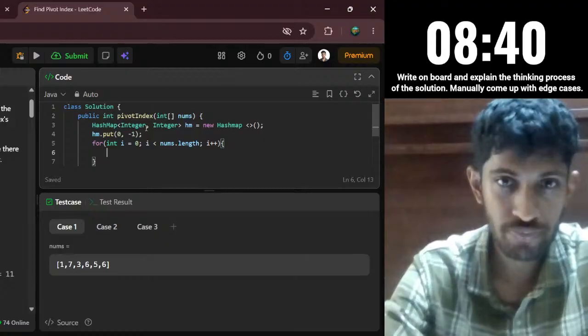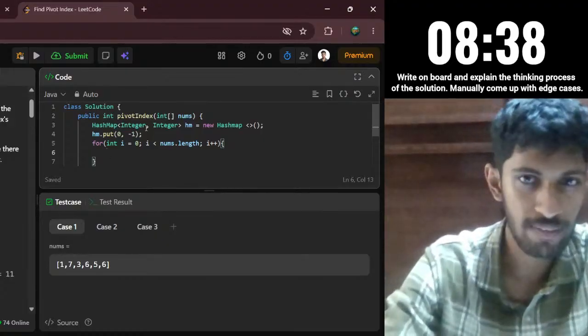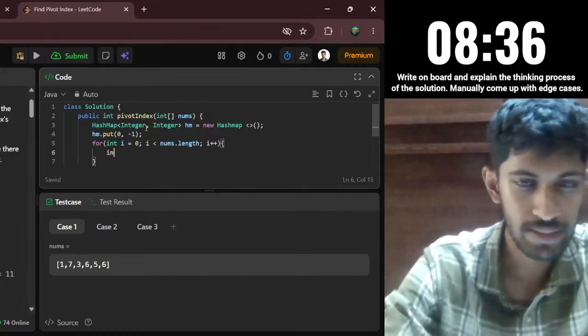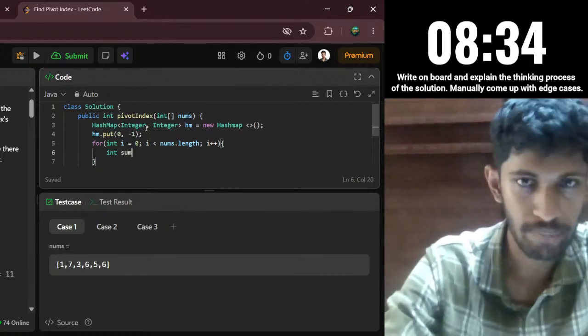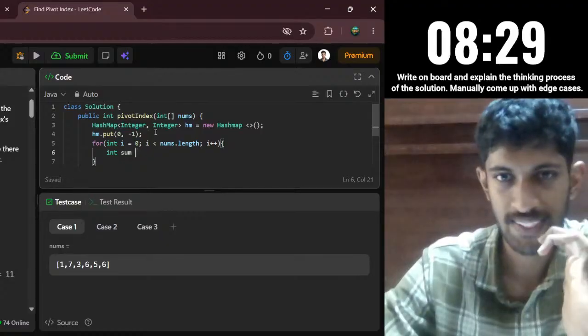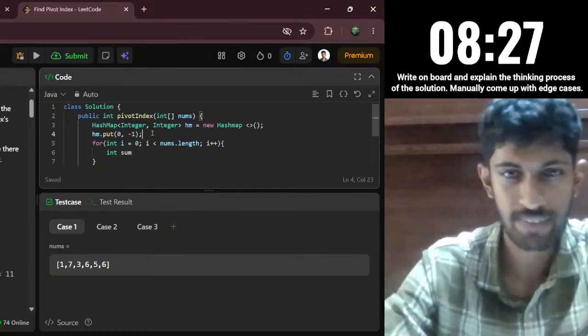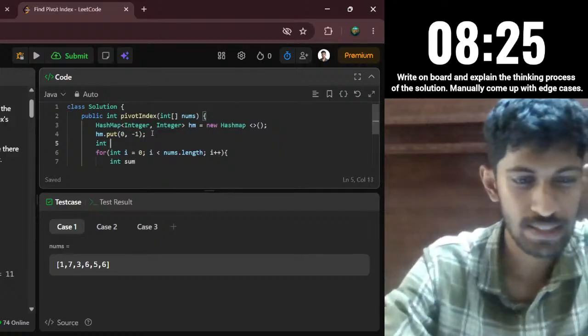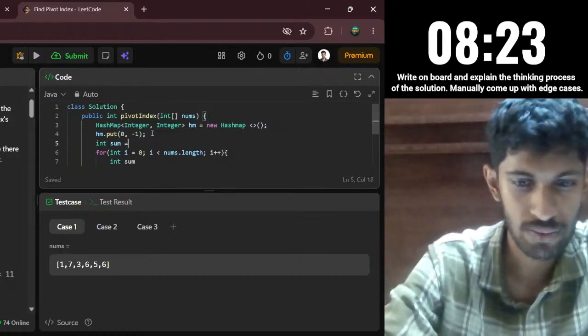So at first we will have int sum. Oh, first we need to declare it. Yeah, I think we need to declare it. Int sum equal to 0,